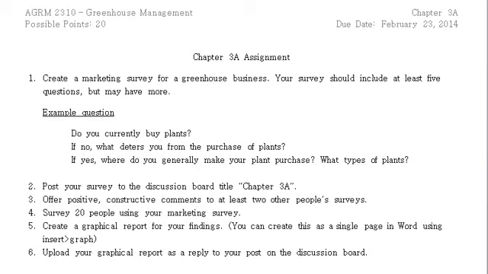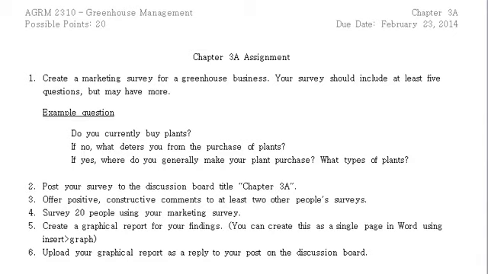So every week in these presentations, I've been going through the chapters and hitting the highlights. This week I'm not going to do that. I think you can look through this chapter and make heads or tails of what's there. I do want to point out that we are only looking at the first 11 pages of chapter 3A this week, not the whole chapter. I want to spend the time in this presentation talking about the assignment.